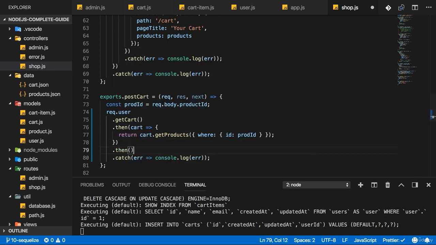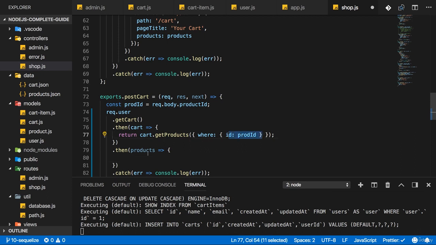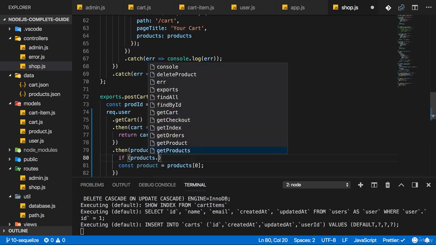And in the next then block, I will get an array of products as you learned, but we know that this will only hold 1 product. At most, it might even hold no product if a product with this ID is not part of this cart yet. So here, I'll retrieve my single product as the first element of this array. But first of all, I need to check if product's length